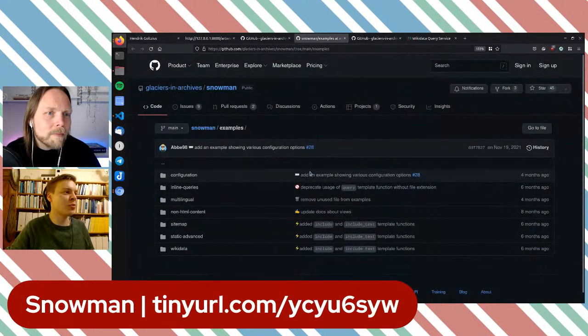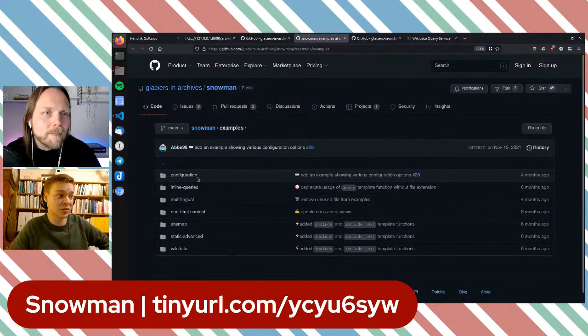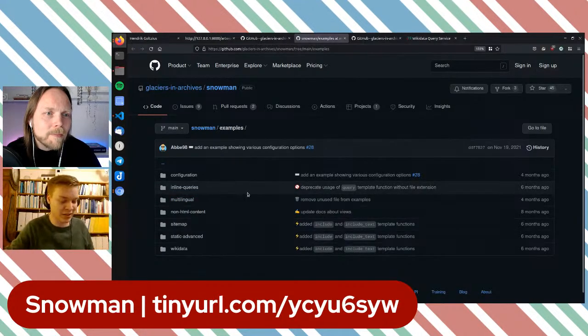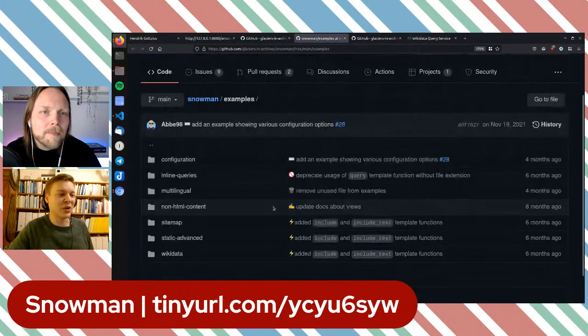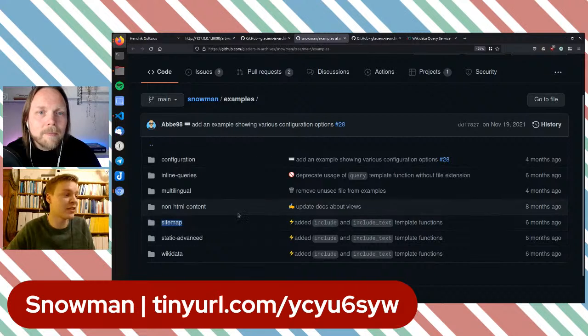I want to showcase a couple more. If you are looking into Snowman and the GitHub repository, there is a ton of examples for multilingual, how to work with that, how to work with non-HTML content. We have got a question about that. There is an example for that. How to work with things like sitemaps, which is also non-HTML content.